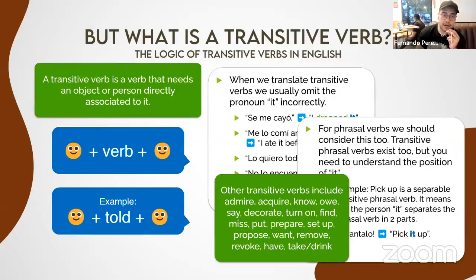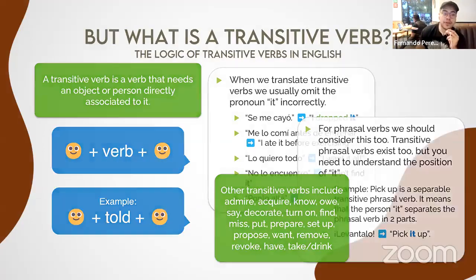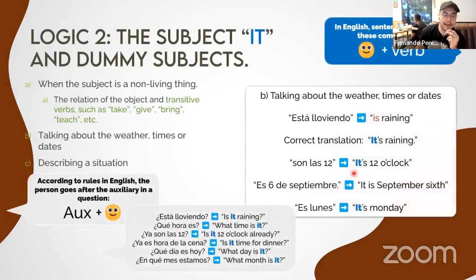We have the object, how to use person verb object in English, how to use it to talk about the weather, the time, dates, how to ask questions in English using auxiliaries, using the correct